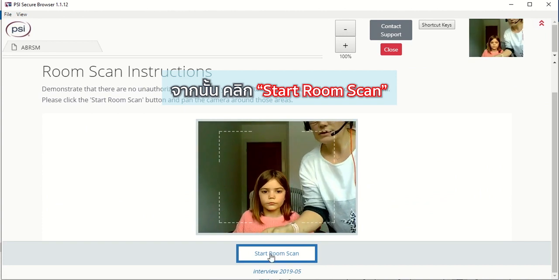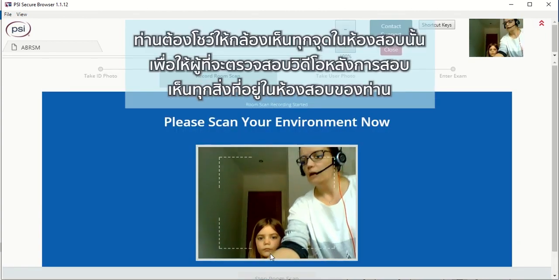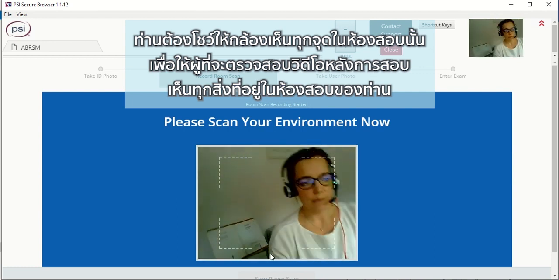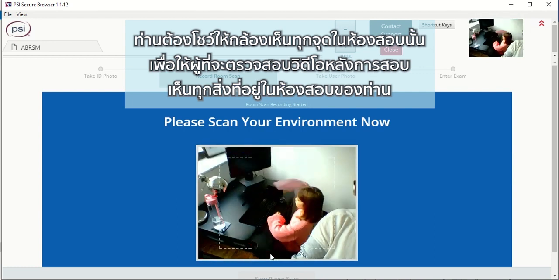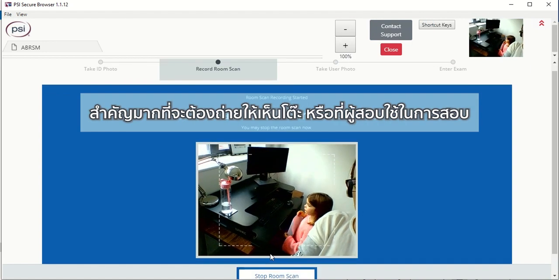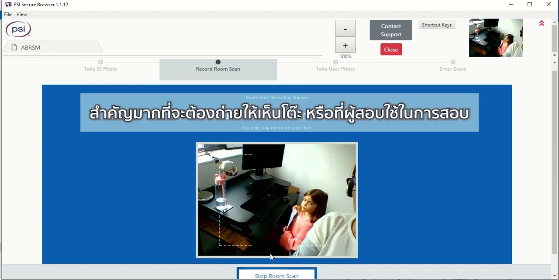And then we're going to click the button Start Room Scan. Now we need to show the proctor here, that's the person reviewing the video after the exam, exactly what is in the exam room. So you can see very clearly here, it's very important that we see the desk or the surface area the